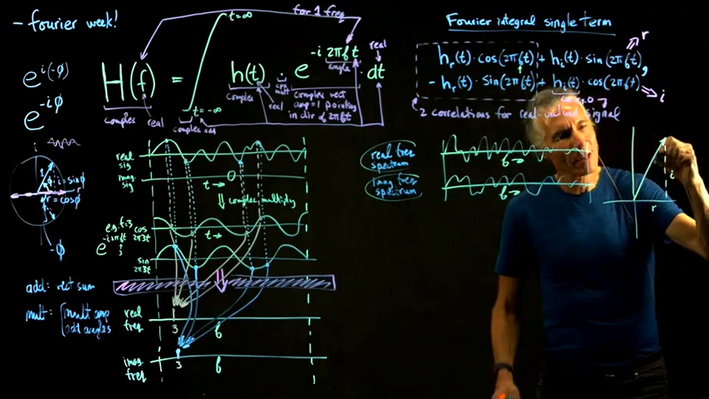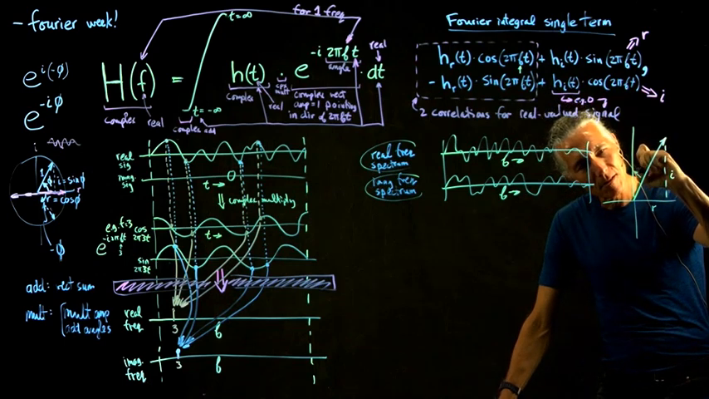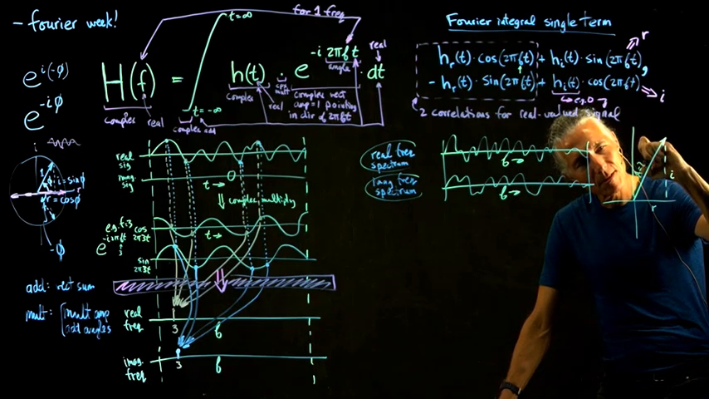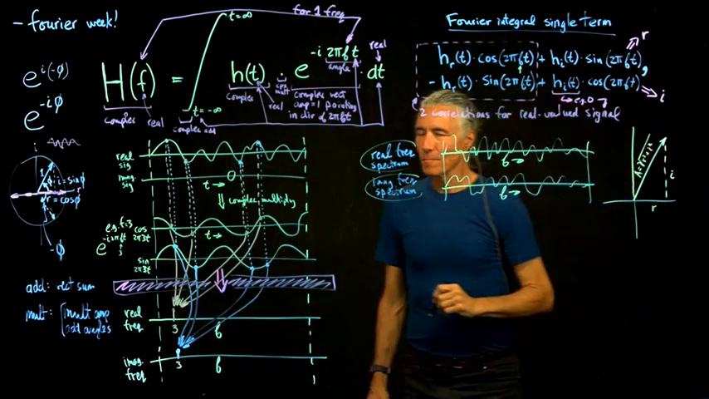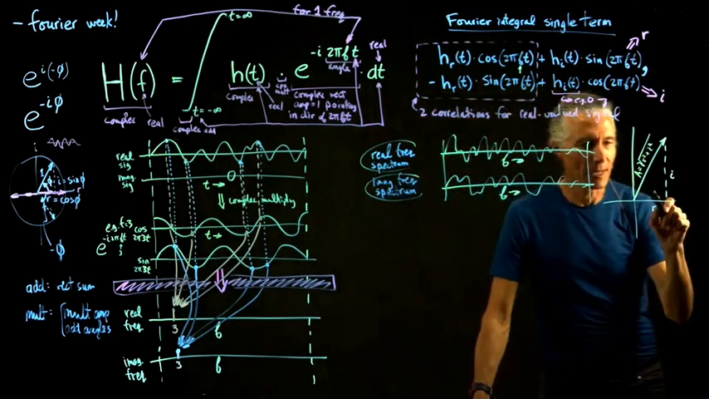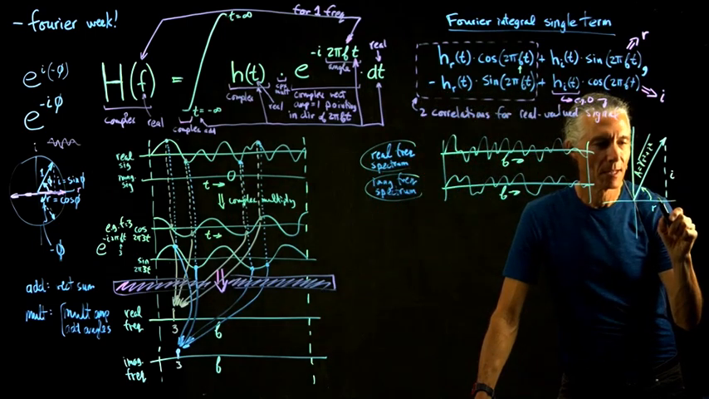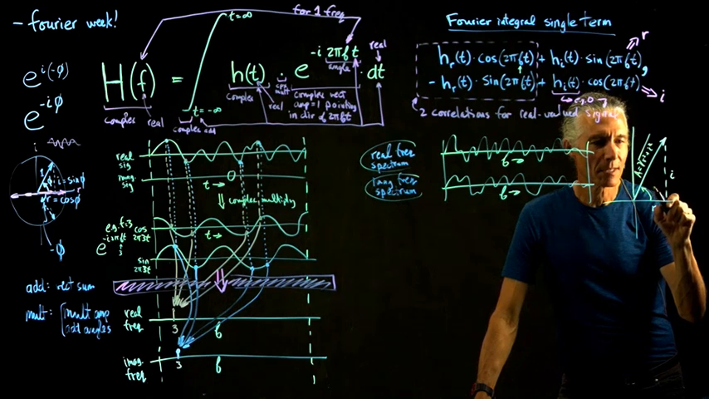To convert, what is the amplitude? The amplitude equals the square root of real squared plus imaginary squared. So that's how we get the amplitude. And then what about the angle? This angle here is going to be,